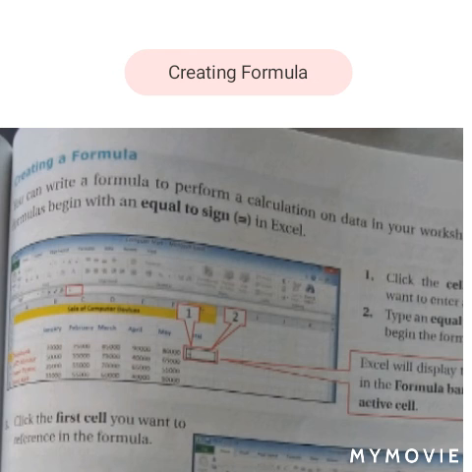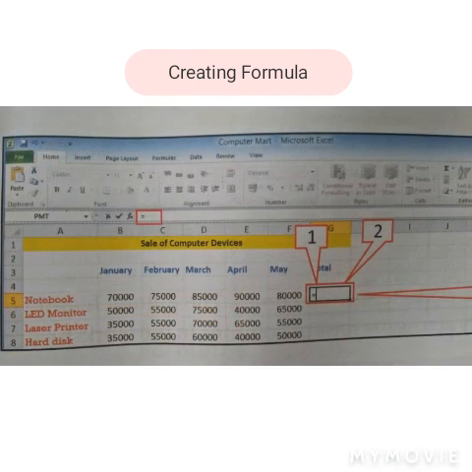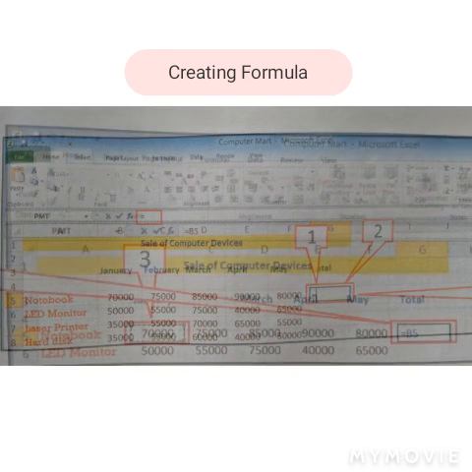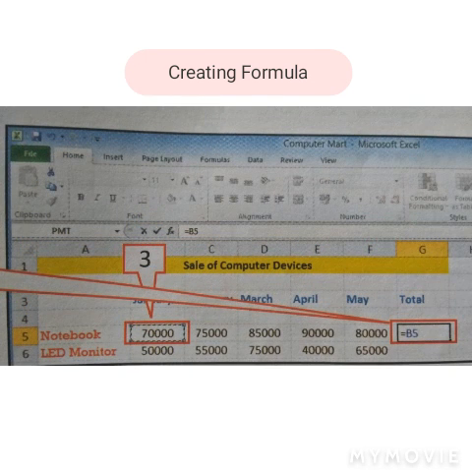Then type the equal to sign to begin the formula. Click the first cell you want to reference in the formula. Then type an operator, like plus or minus, whatever the formula requires. Then click the next cell you want to reference in the formula.